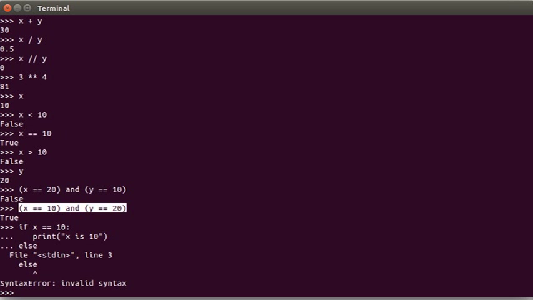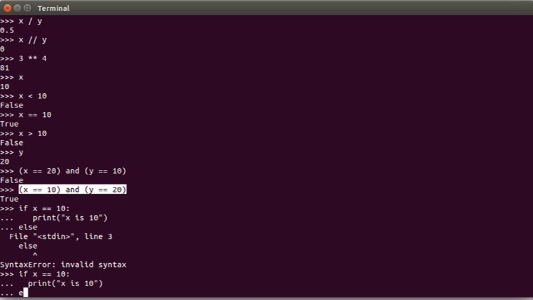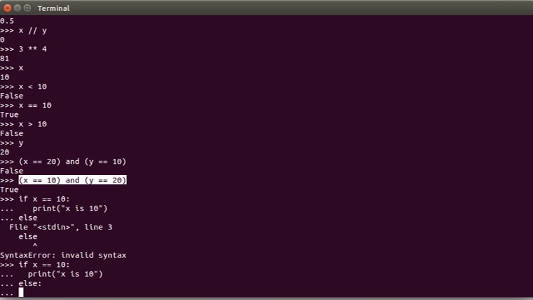Okay, so I made a syntax error. I should have written else colon, never mind. If x equal to 10 colon, that is the syntax, print x is 10, else colon, remember that colon, and then I must indent, and I must indent to the same level. I will tell soon. And I can say print x is not 10,